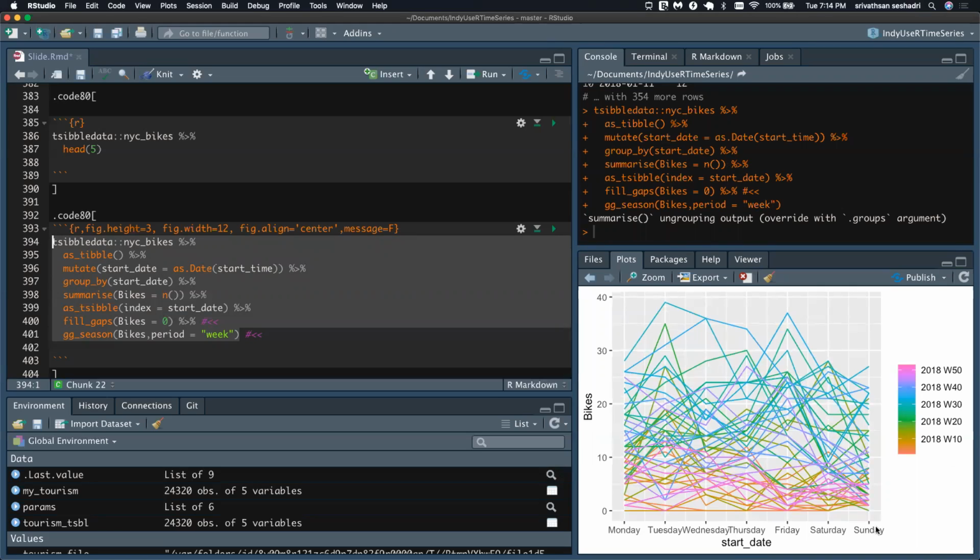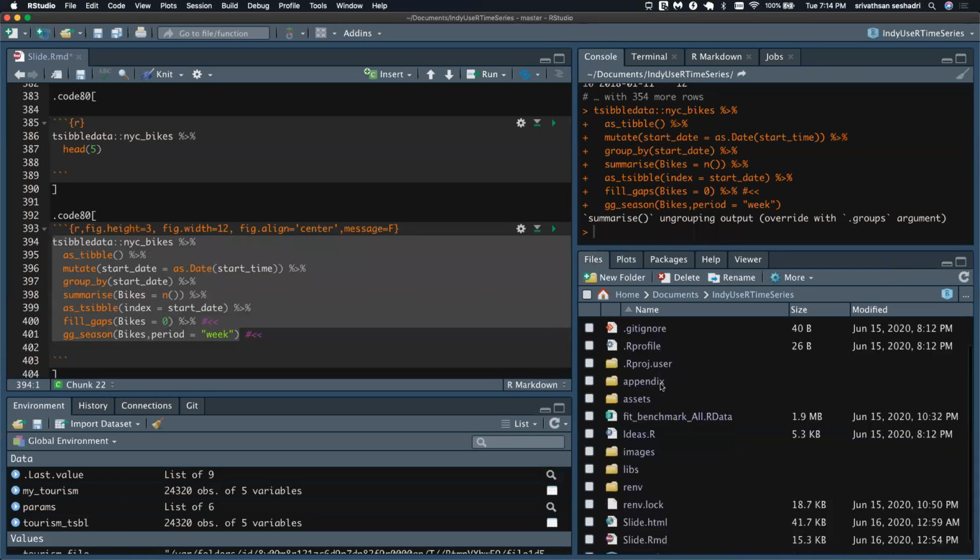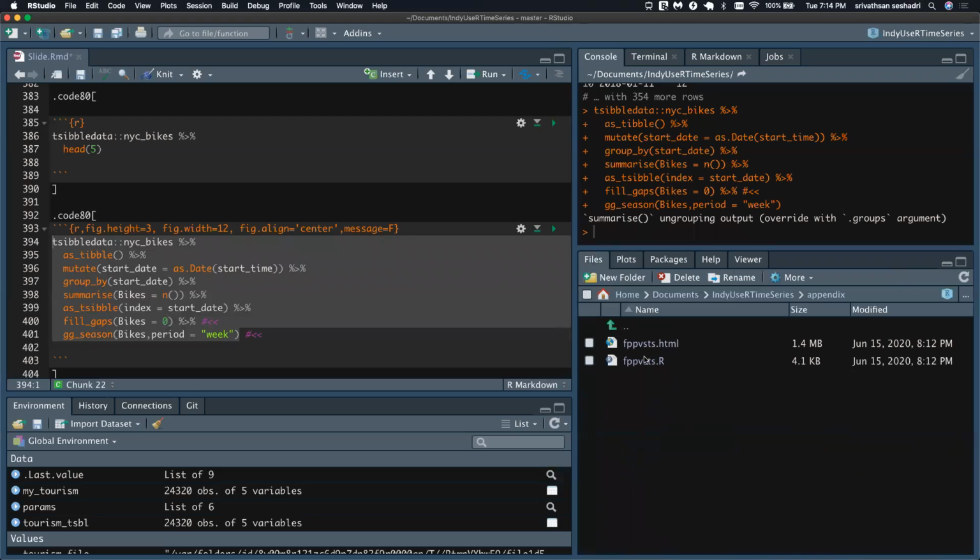Okay. One word of caveat. In this repo, if you go in and look up the appendix folder, I think I have an appendix folder, I have compared fpp, which is the tidyverse approach, versus the time series object, and the effect of fill_gaps, right?